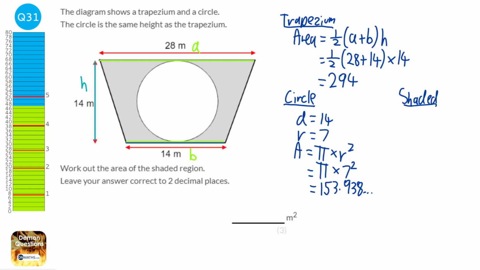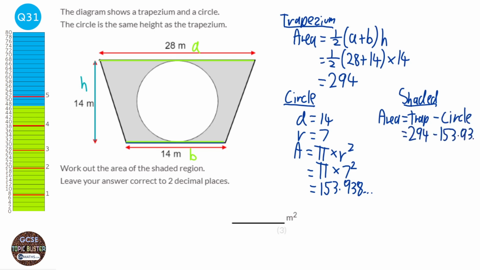part, and it says we want to work out the area of the shaded region. So the area will be the total area, which will be the trapezium, take away the area that we don't want, which is this bit here, which will be the circle. So the trapezium's 294, the circle's 153.93 blah blah blah, and when you do that you get 140.061 blah blah blah. It says it wants it to 2 decimal places, so it would be